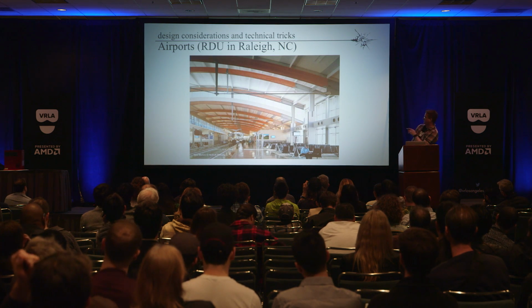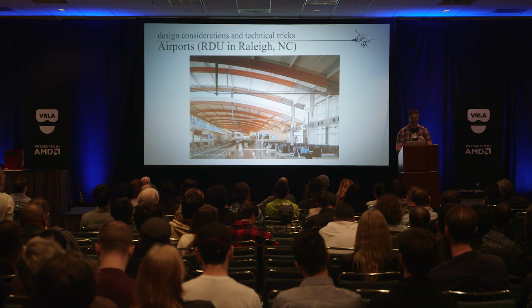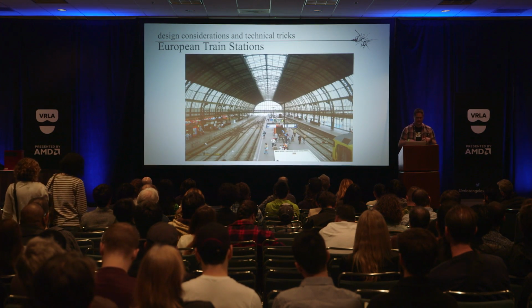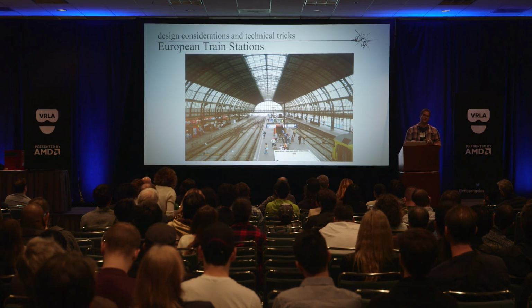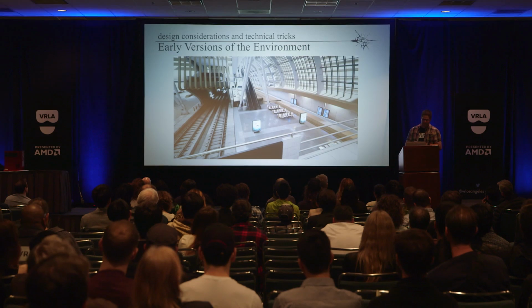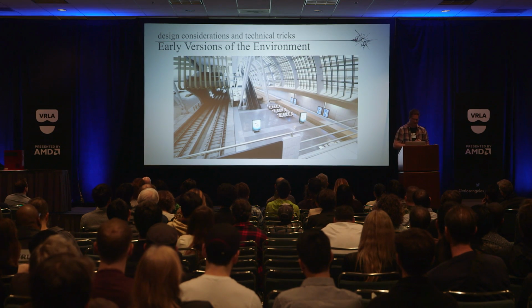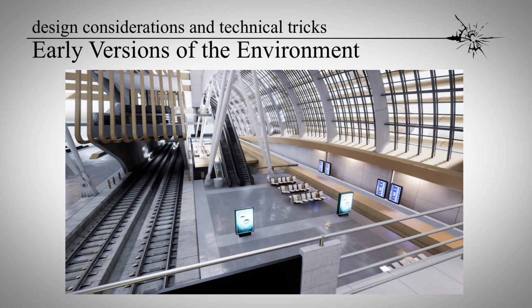It has really clean, nice wood arches in it and a lot of glass, a very modern aesthetic. And European train stations have these really big indoor covered spaces that we thought would be really cool, because one of the ideas for the boss battle was that we wanted to come in and crash the roof and then fly around. So we needed a really big open enclosed space. Early versions of the environment, you can see here, have the arch from the European train station, the tracks in the middle, but also the wood highlights and the aesthetic of the Raleigh airport.